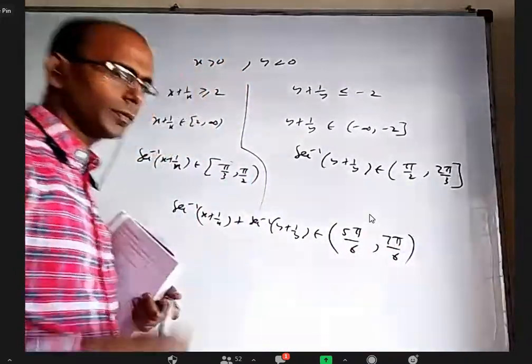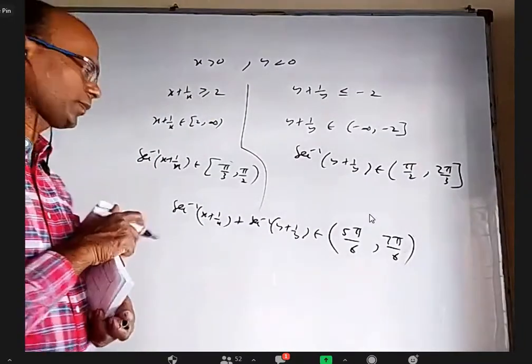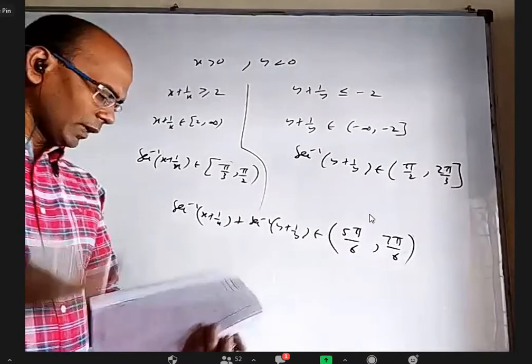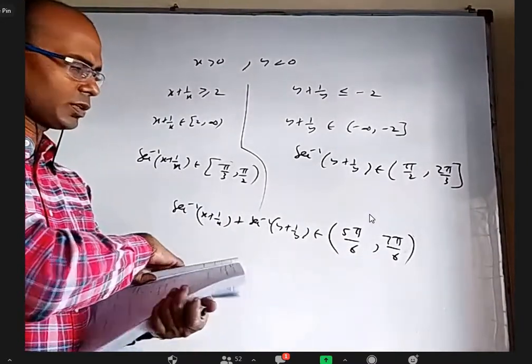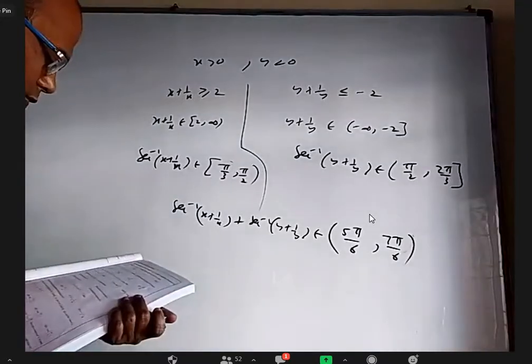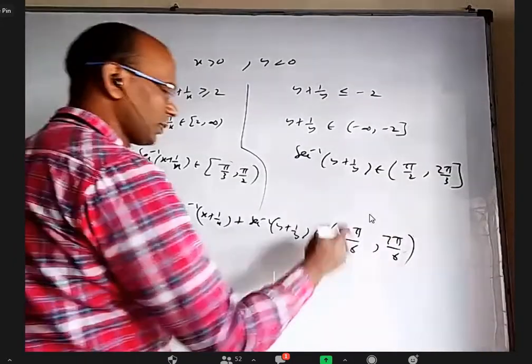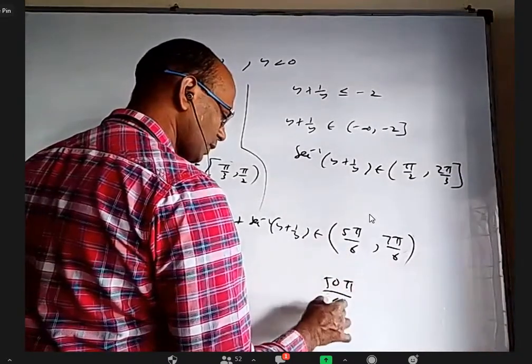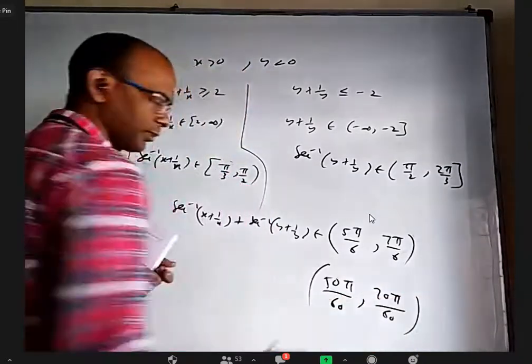Open only. So whatever x and y you take, but one is positive, one is negative, the complete range of this is this. Any answer within this will be possible. Anything outside this is not possible. That's it. So all denominators are 10 or 20. If you want to compare, you can multiply by 10 here and write this as 50 pi by 60, 70 pi by 60. So it is easy to compare.